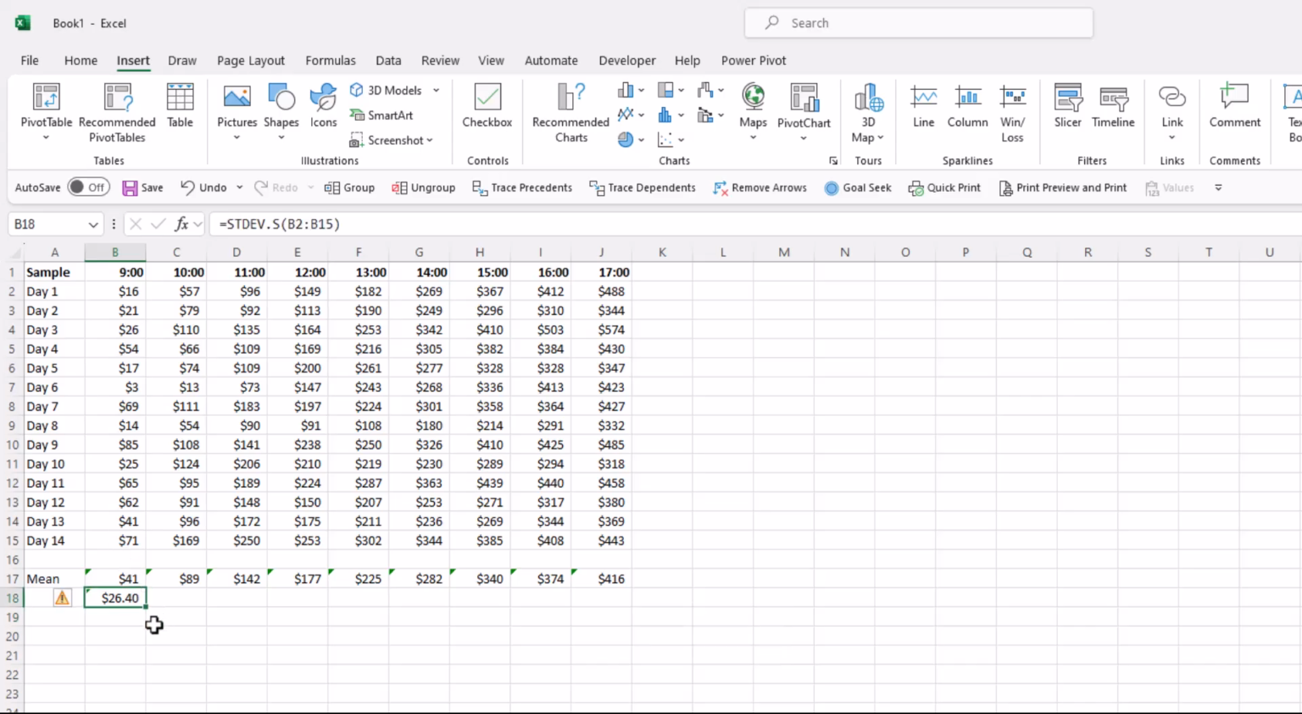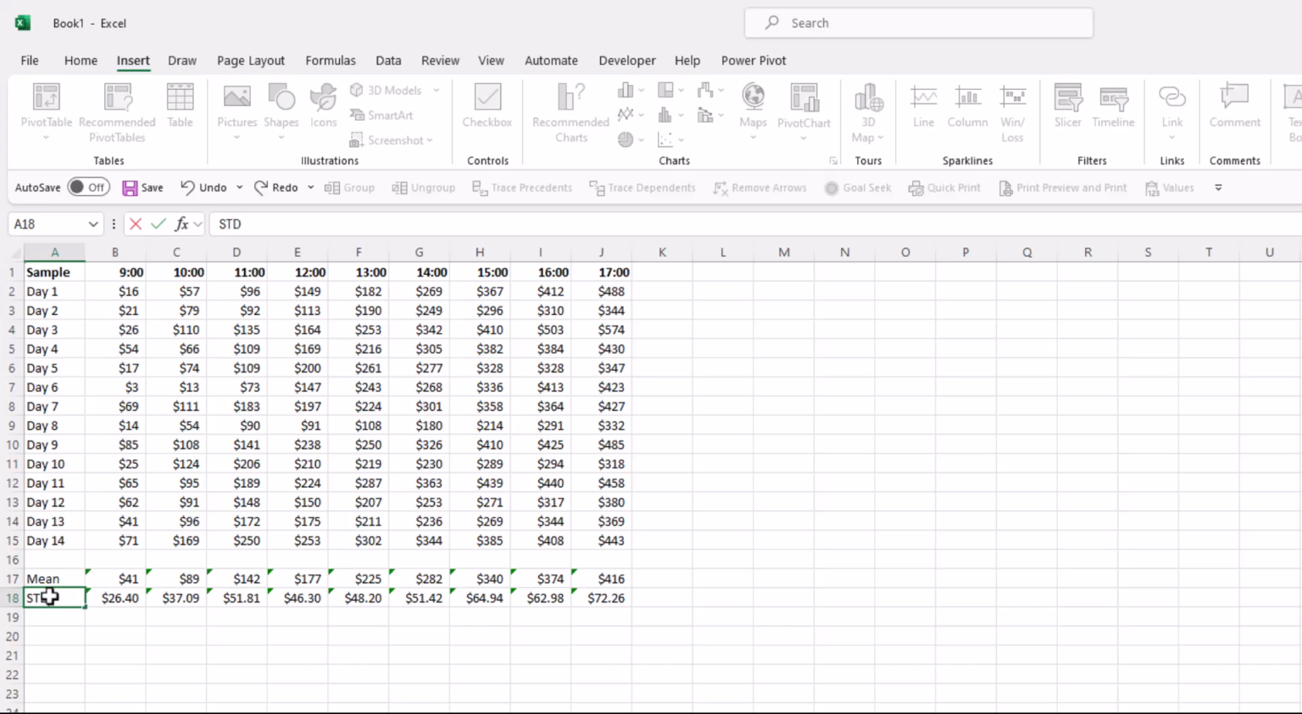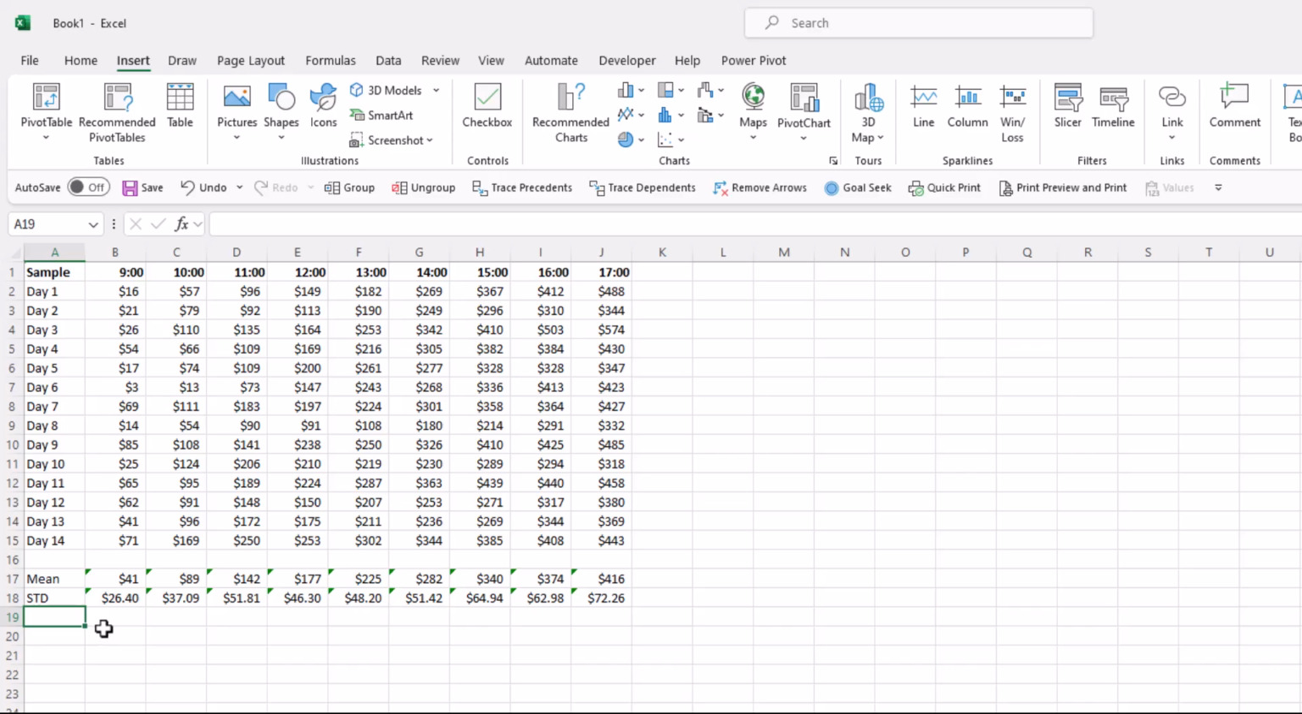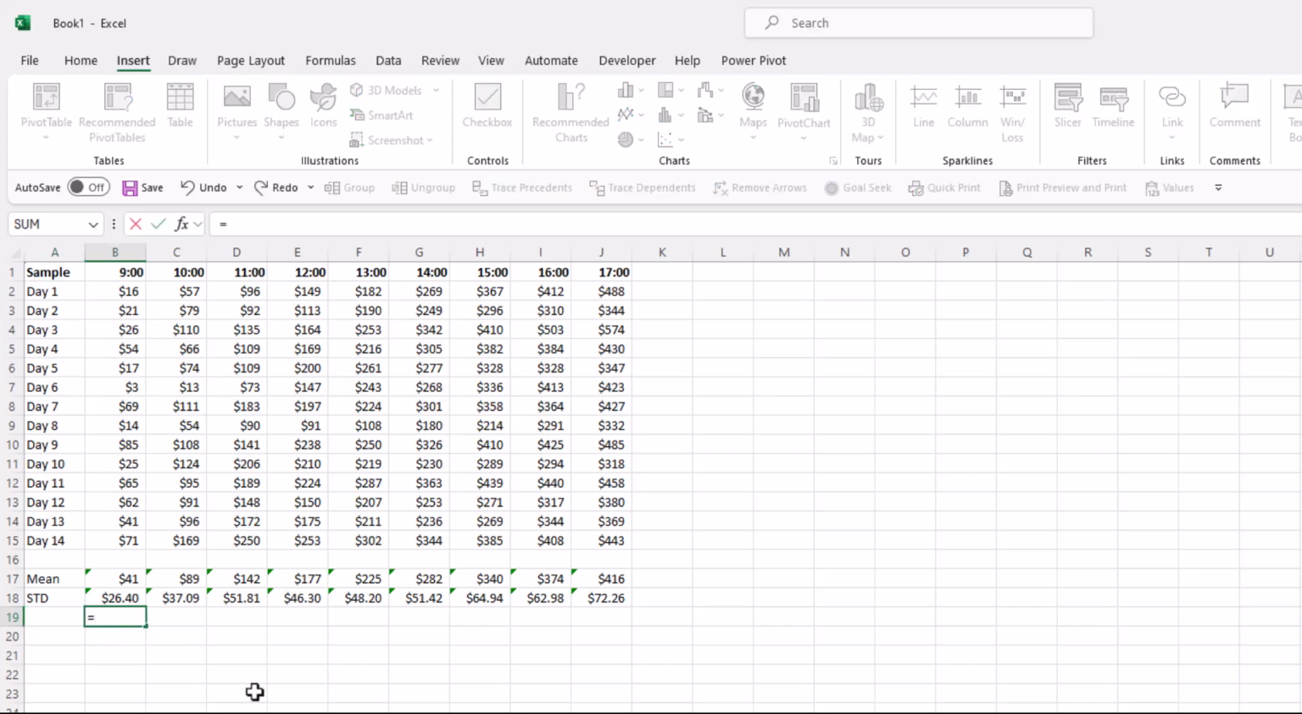Again, we can go back on that cell, go to the corner. Once we get the plus sign, we can click and drag all the way across. Put in the tag here, standard deviation. Great. Now let's try to find the number of observations. Go back to our empty cell, in this case B19, and we press equal, and in this case the name of the function is count. Select the first one, open the parentheses, and highlight the data that we're interested in, close the parentheses, and press